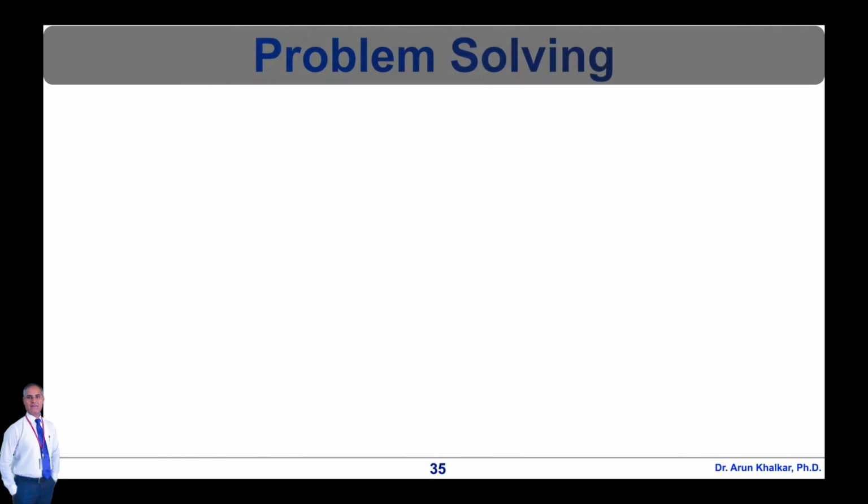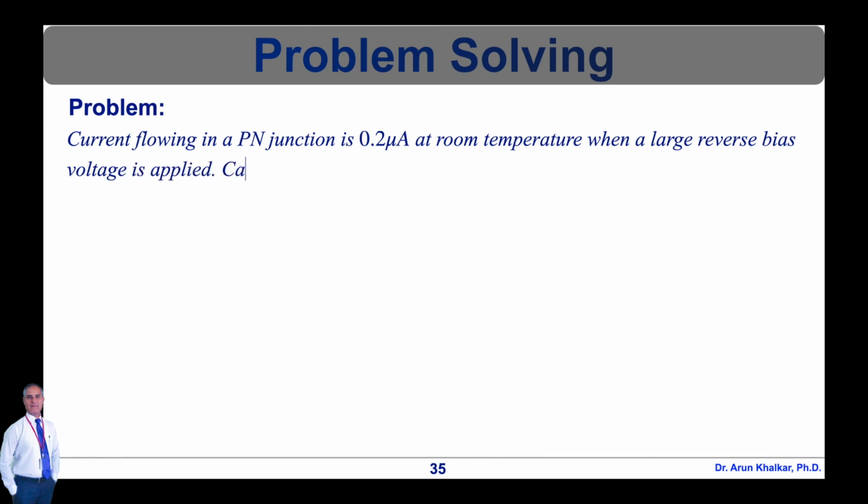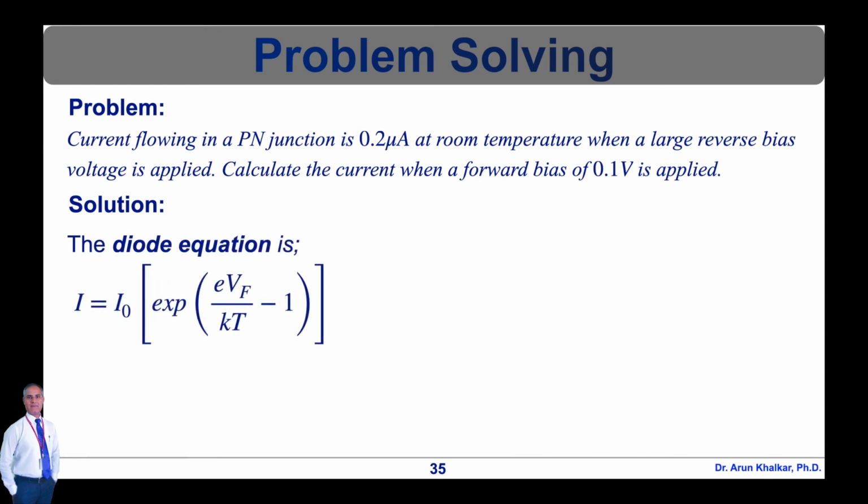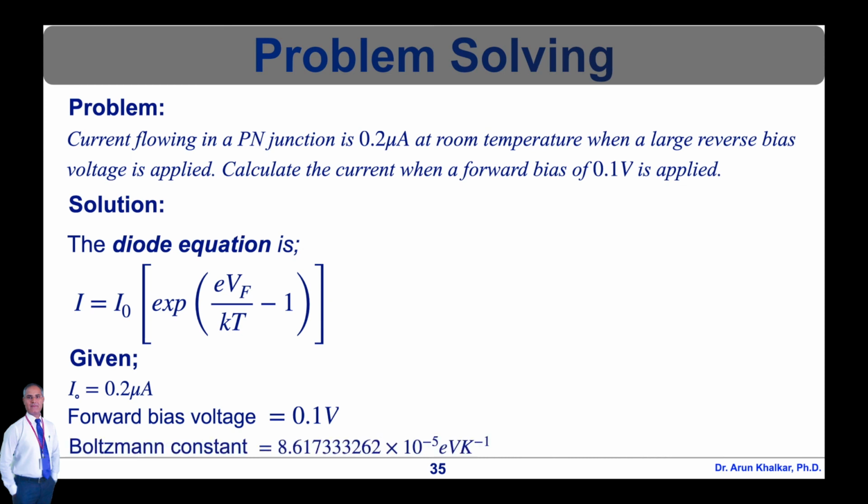Now let's see one problem which is based on the diode equation. Current flowing in a PN junction is 0.2 microampere at room temperature when a large reverse bias voltage is applied. Calculate the current when a forward bias of 0.1 volt is applied. The solution for this problem is as follows. We have the diode equation, which is I is equal to I naught into exponential of eVF upon kT minus 1. Here the given parameters are I naught is equal to 0.2 microampere, forward bias voltage is 0.1 volt, and we have the Boltzmann constant,